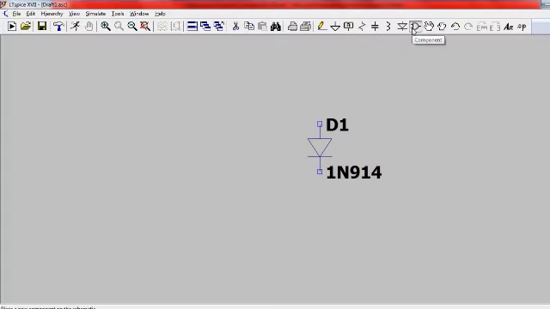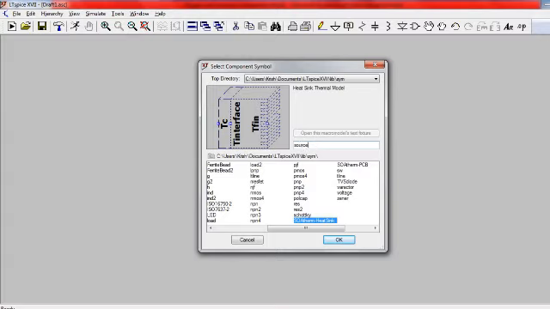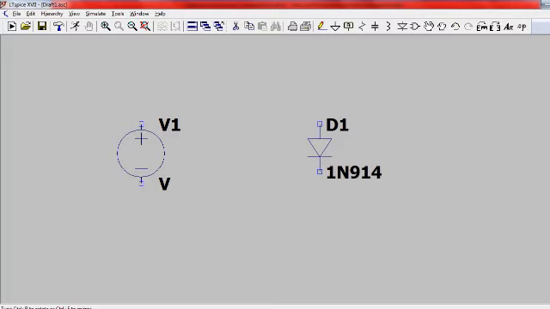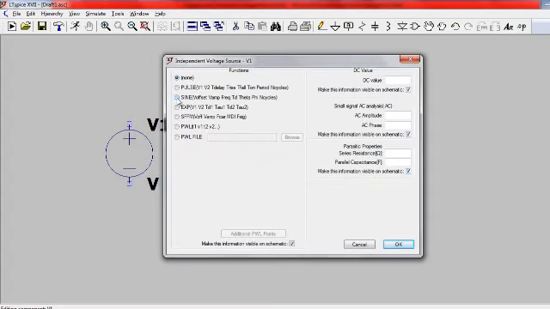We need a source. So for that, go to component and you can search here for source. It is appearing as voltage here, so you can take this voltage, right? It is not the source. You have to go and search for voltage, or you can pick voltage from here, place voltage here, escape and right click on voltage, go to advanced. This is not the DC voltage value, we need AC, so go to advanced, select sine.